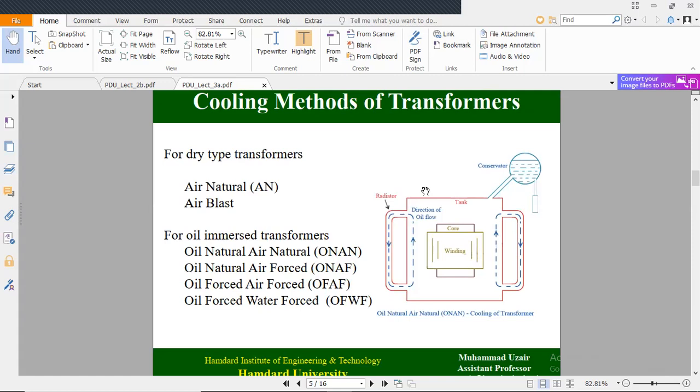For the dry type transformer, the cooling method we are discussing here is air natural, that is air blast. Air natural based fins are available there. Oil is circulated from this side. I think you understand that when there is hot weather like this summer, the oil will be heated. Oil is heated from this side and reaches this level. From this level, when oil has reached, it flows and is taken out from this side of the tube fins and this side of the tube fins.